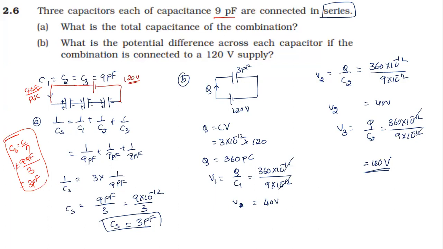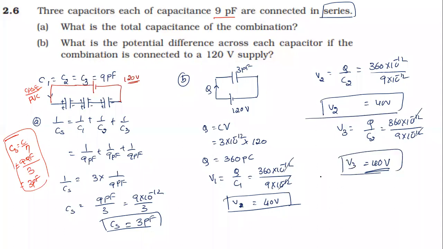So what we got to know here is, if the capacitors have equal capacity, then the potential drop also must be equal, right? That's what we're getting. V1 we got 40, V2 we got 40, V3 we got 40. Means they share equally, as they have equal capacitance. Since they have equal capacitance, their potential difference between the plates must be the same, in series combination. So it's clear. That is a hint you can remember. You can apply it wherever in the examinations.